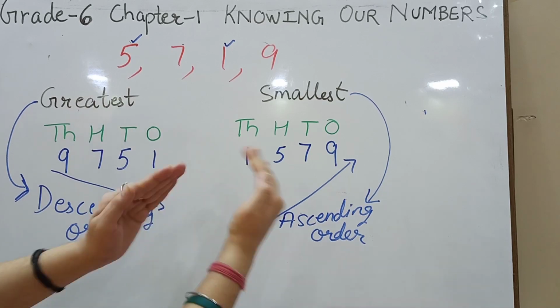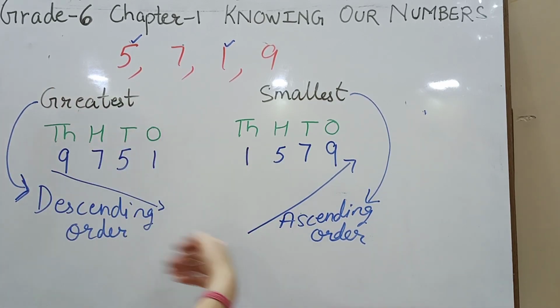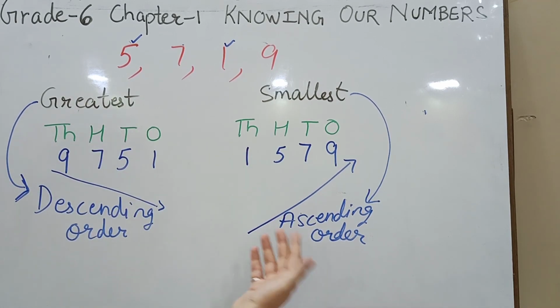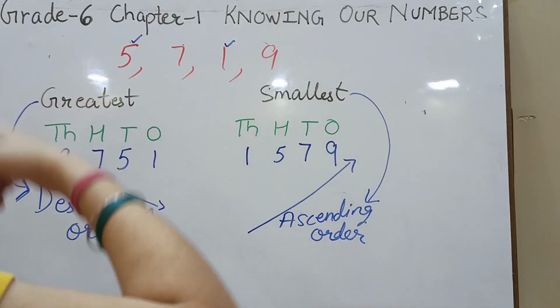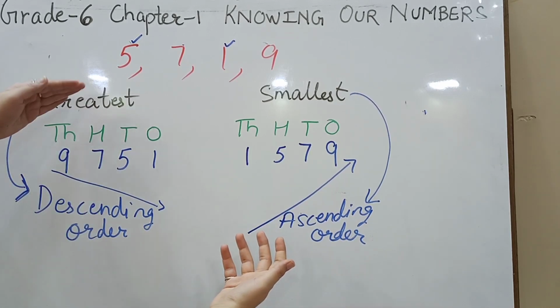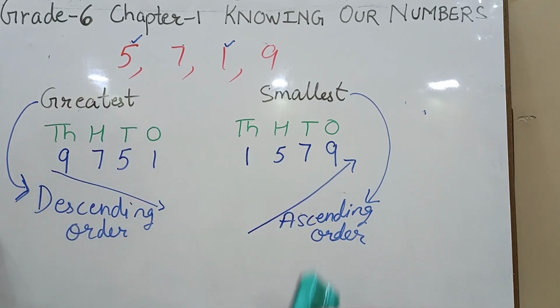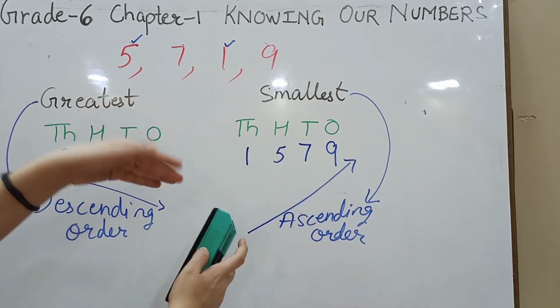Smallest के लिए छोटे से बड़ा नंबर रखेंगे और greatest के लिए बड़े से छोटा. In your test also you can get many types of question. Form the largest 5-digit number from the given digits. तो उसके लिए आपको largest बनाना है. That means you have to find the descending order of the given numbers. Now there is another trick to this question.